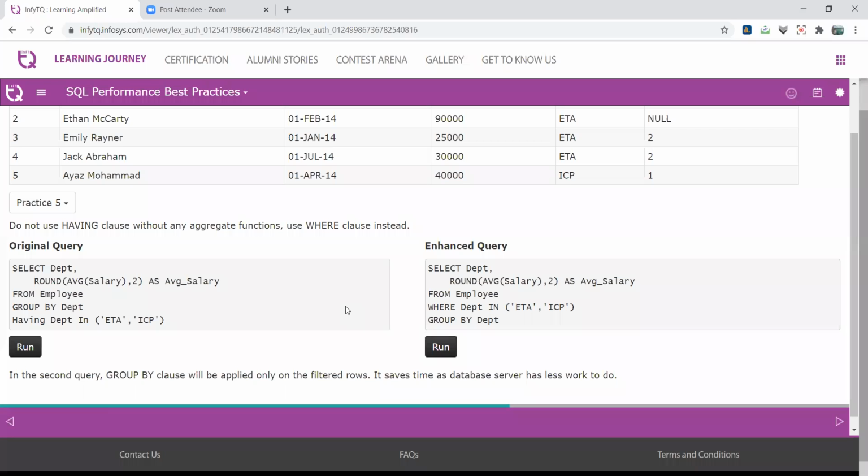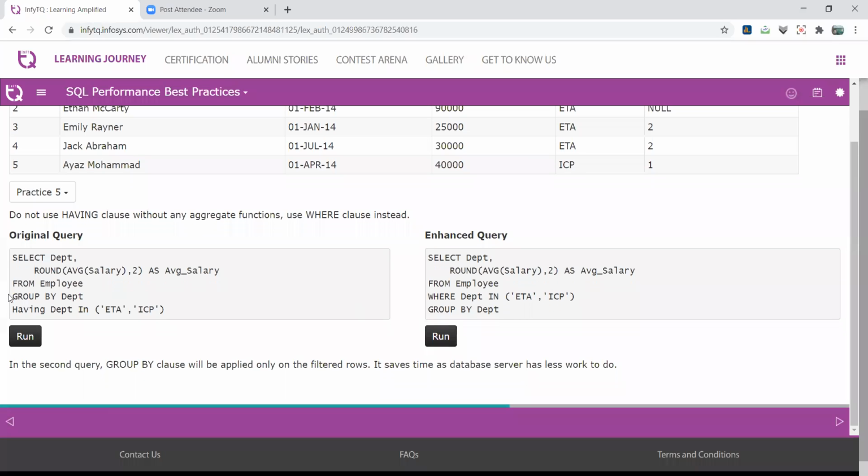not created aggregate attributes, right? Created aggregate attributes means group by statement. Suppose you use group by dept, so dept is treated as a group statement, so don't check dept condition in having clause. This is a simple ungroup condition, ungroup attributes, so you directly check into where clause, right?